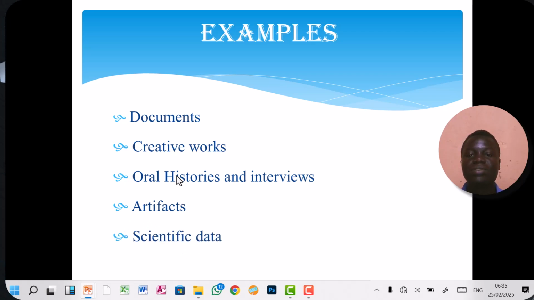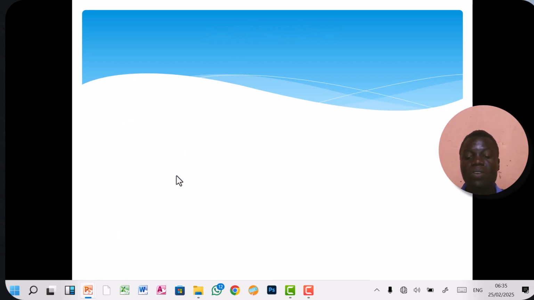Then we have the scientific data in such a way that this is more basically in experiments performed in laboratories. It can be of physics, chemistry, biology. Now, all the information that is recorded as the experiment is being carried out, that is the primary information, and it is raw facts. It is not mediated, but it's taken at the time of the event,